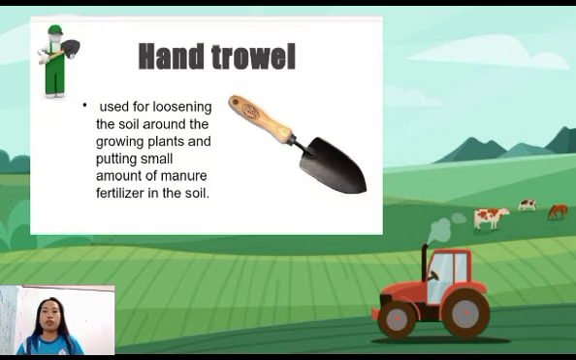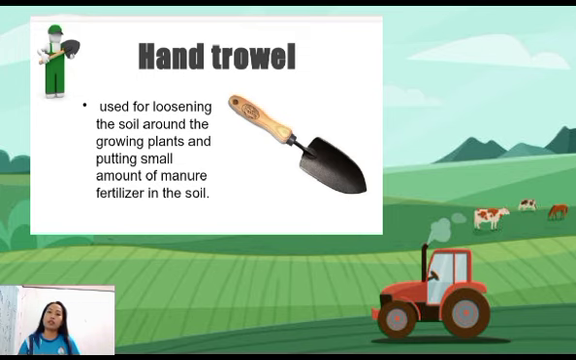And then the next one we have is the hand trowel. It is used for loosening the soil around the growing plants and putting small amounts of manure. It is a small handled shovel-like tool used for loosening soil around plants and applying small amounts